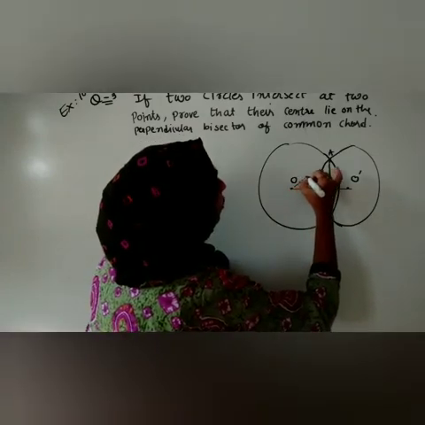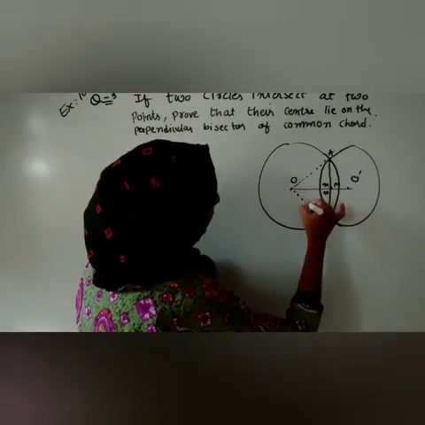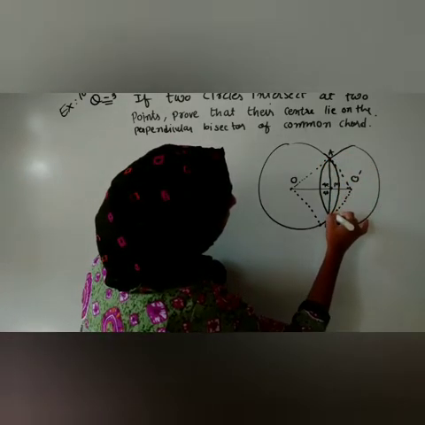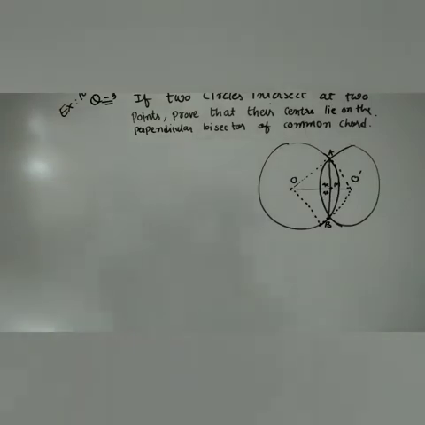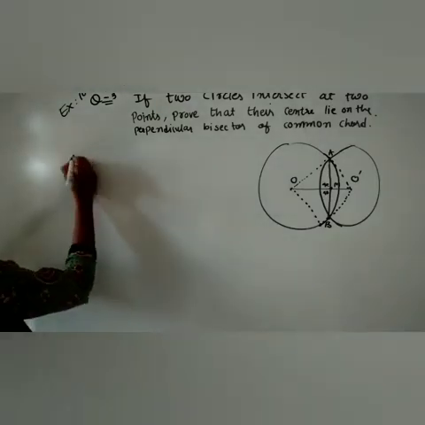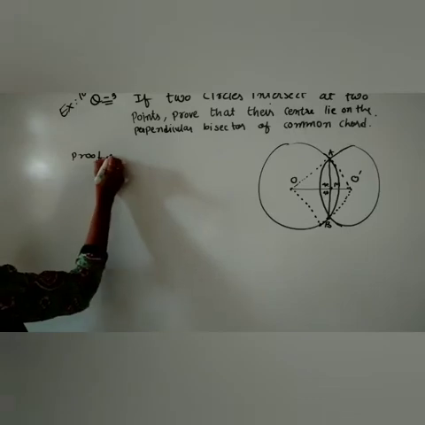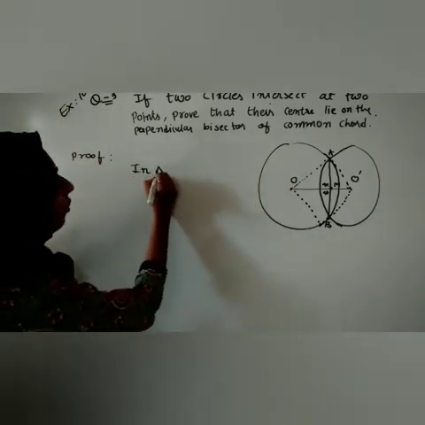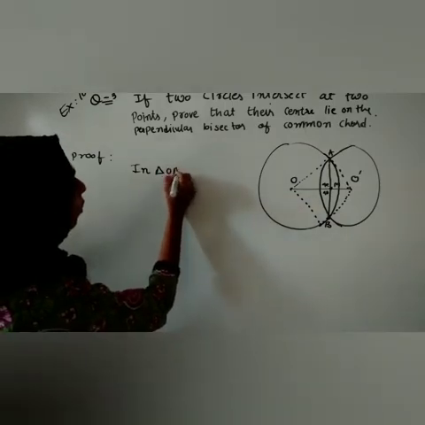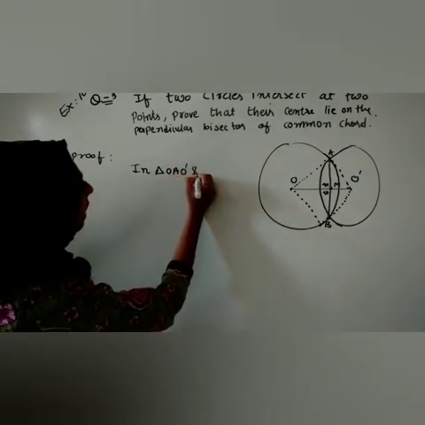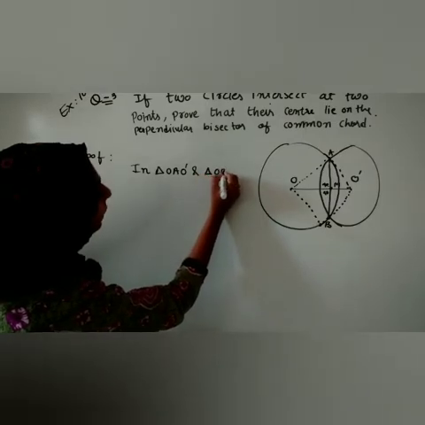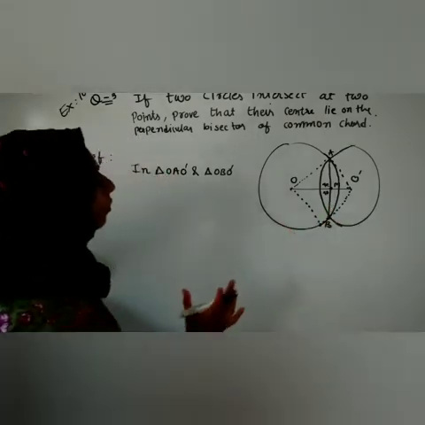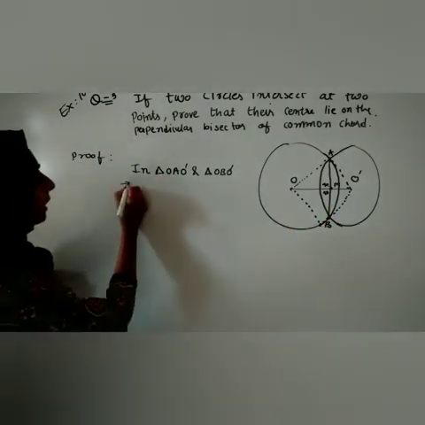So for that we are joining this. Let me join this OA, this OB, this OA dash, and this O dash B. And we have to work on those two triangles. So here let me begin my proof first. If we are beginning the proof, what will happen? We have to compare two triangles. One triangle will be triangle OAO dash, and another triangle will be OBO dash. Means here we have to compare two triangles, and we have to prove them similar. So here I am beginning the process.